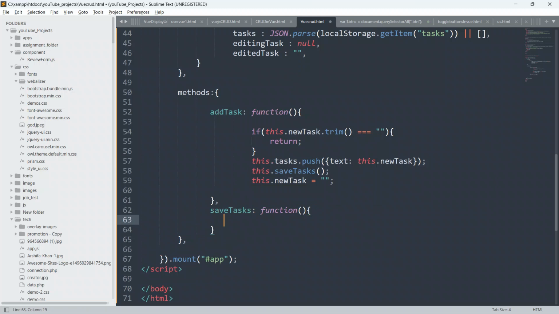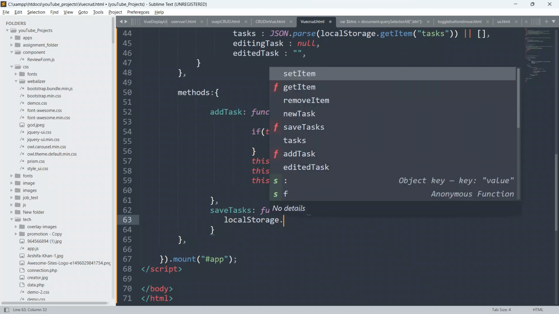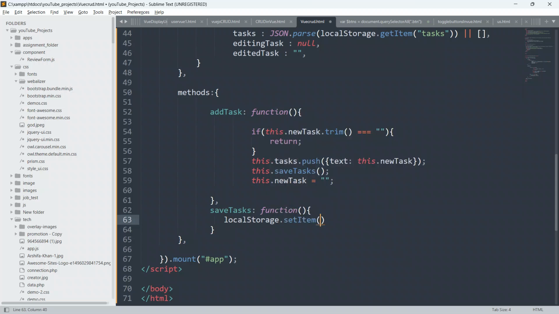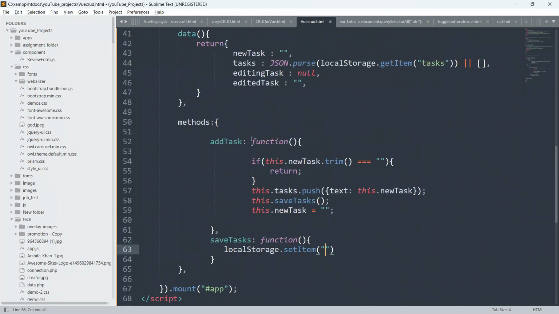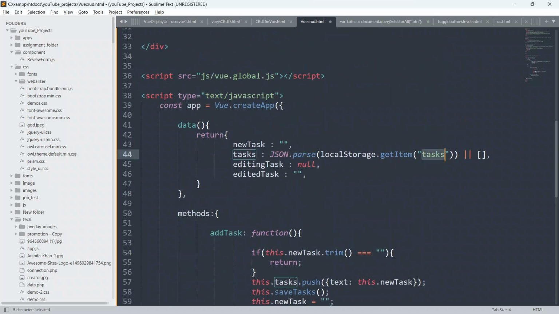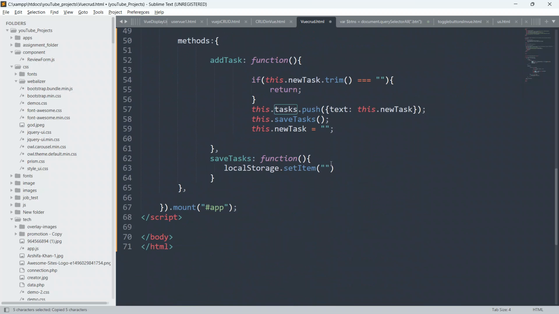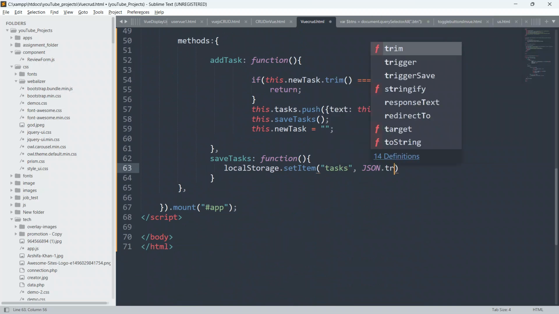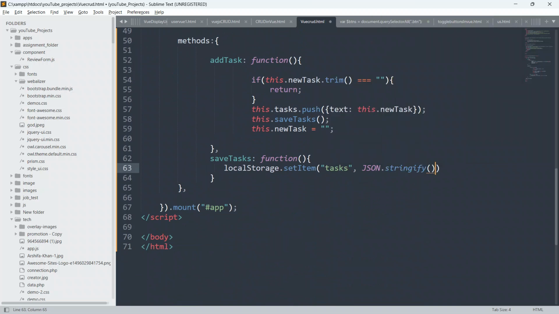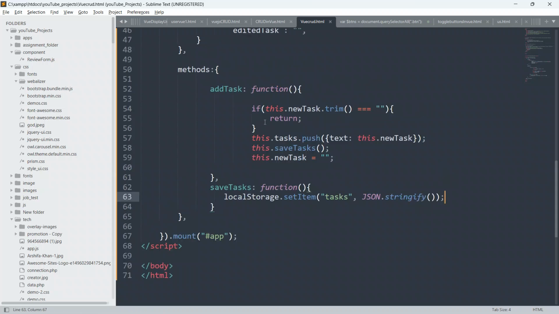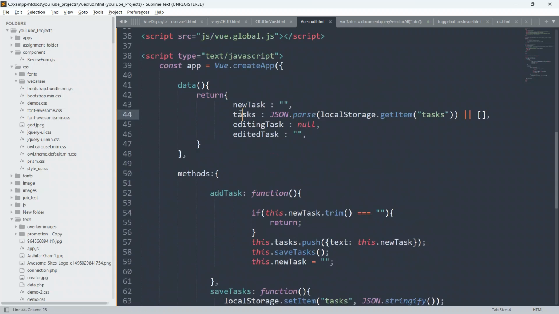We have to define local storage: localStorage.setItem, and we have to pass the key also, which is tasks. Then comma, JSON.stringify. What to stringify? We have to stringify this.tasks.